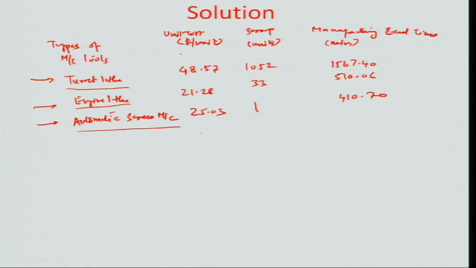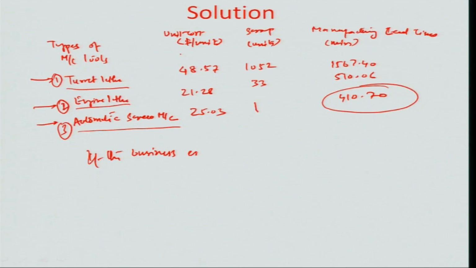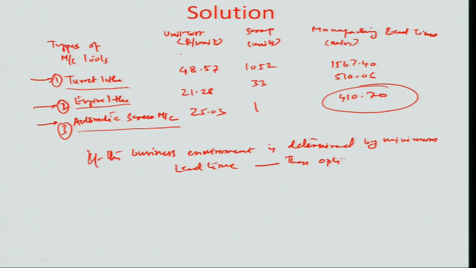So obviously if the business environment was something which would be going by minimum lead times, let us say we call it option 1, 2 and 3, there are situations where you have this kind of business environment. So then obviously option 3 is the best option,